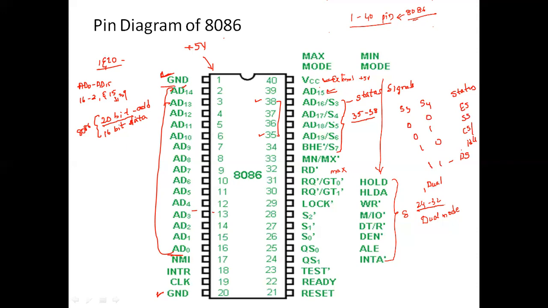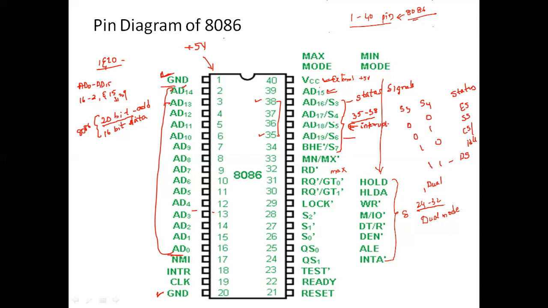Also, S5 when enabled shows the presence of an interrupt. So if an interrupt occurs, S5 will show the interrupt. S5 is used for interrupt. When it comes to S6, it shows the status of the bus master for the current operation. So here the 8086 or any other device is acting as the bus master.